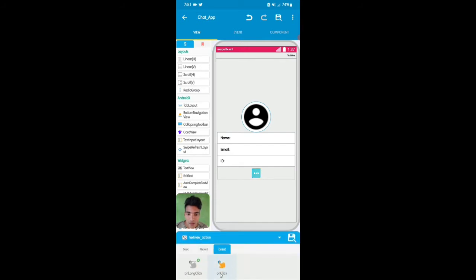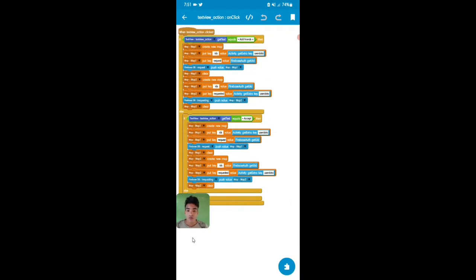So guys, this is the action button, and on click event I added this code. Okay, if text view action get text equals add friends, then map1 create new map1 put key IDs value activity get extra key user data, then map1 put key request value Firebase auth get UID, then Firebase database request push value map1, then map1 clear.